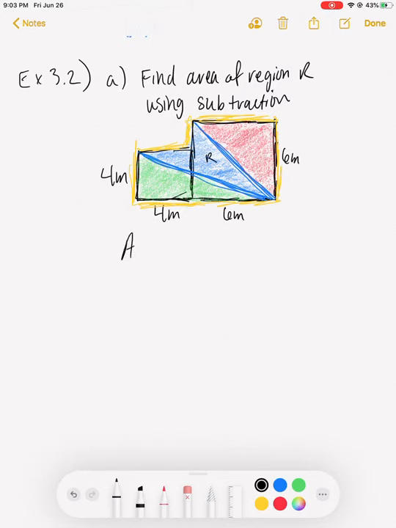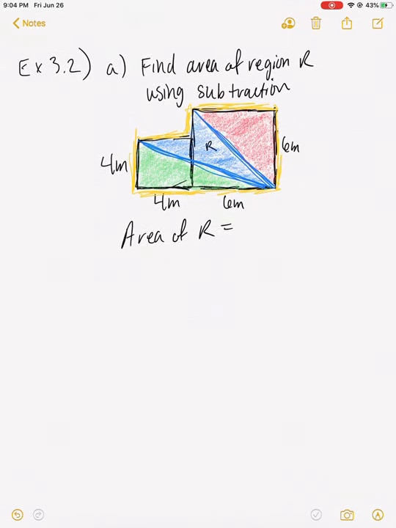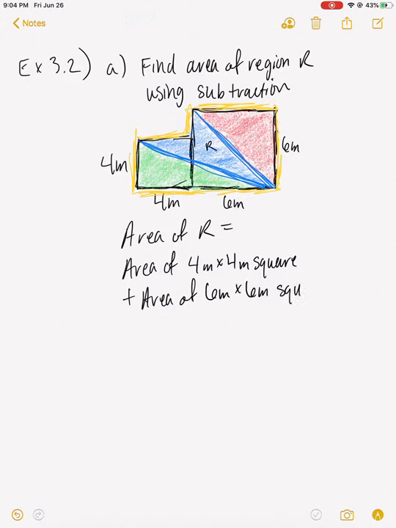So the area of R by subtraction is equal to the area of the 4 meter by 4 meter square, plus the area of the 6 meter by 6 meter square. We're running out of room here again. So you add those areas up and you subtract off the area of the green triangle,